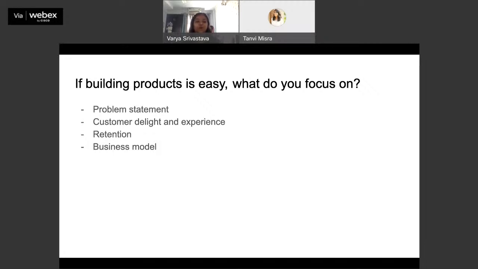So you need to be cognizant of all of these things, and the only way you can do that is by spending enough time going deep and understanding what it is that you're truly trying to solve for.